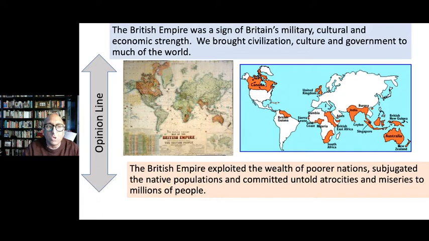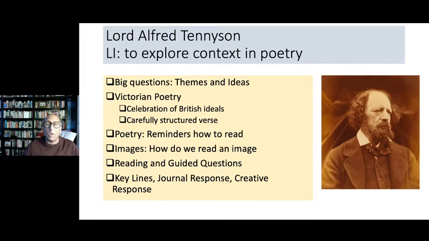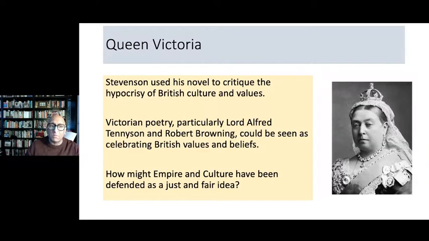Okay, so you have looked up the symbols of the British Empire. You've looked up what the British Empire is, and you've taken an opinion. Ideally, you'd be able to justify both positions, but I would also like you to have a personal response and how you feel about what empire means. So what we've begun to do is think about some of the big questions around Victoria, what was going on in Victoria's time, and we're going to look at how Tennyson engaged with them in a different way